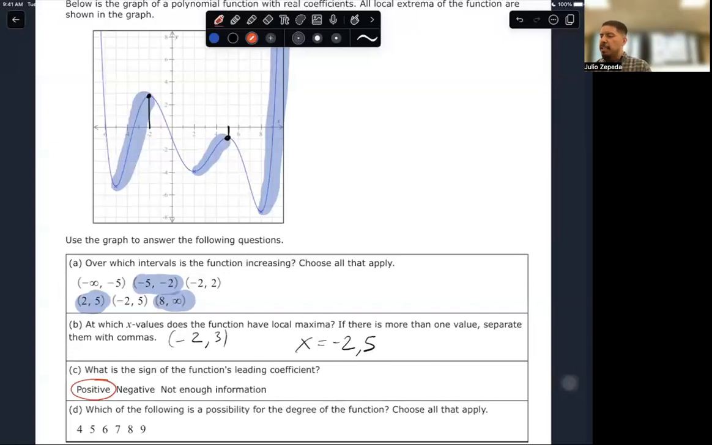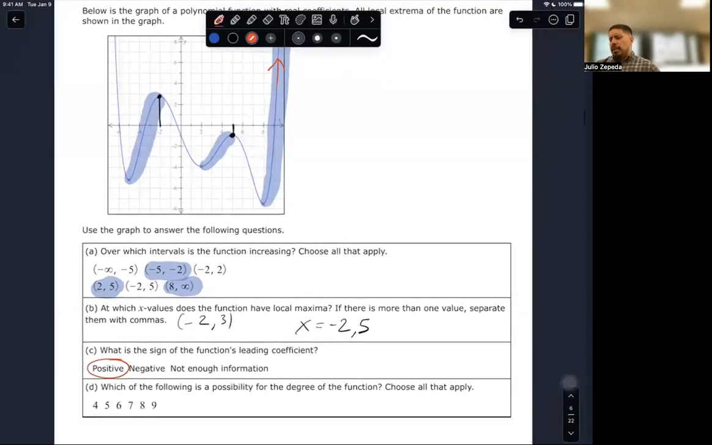Very good. And really, you only have to look at one end, the right-hand side. If it's pointing up, it's positive. If it's pointing down, it's negative. Whether the left-hand side, that's more information, so that's even better. But even if they only showed us half of this graph, we could still determine that. Okay. And then the last